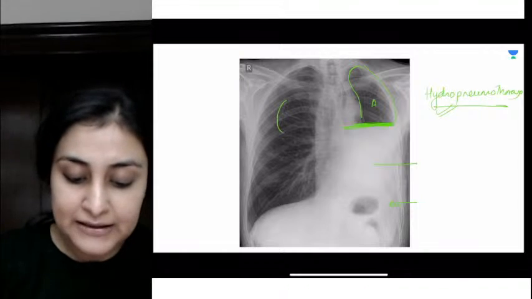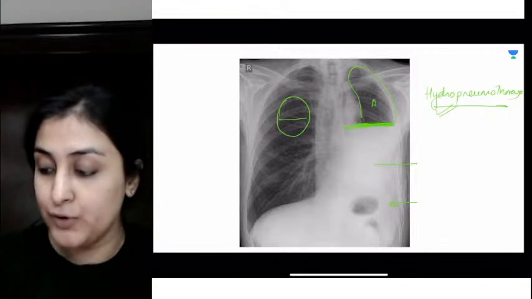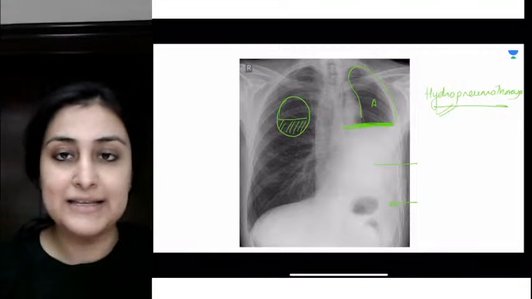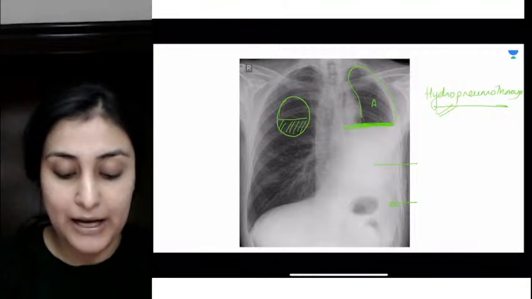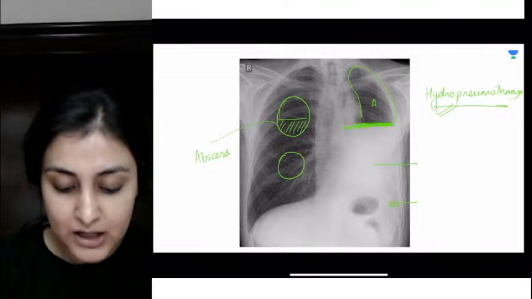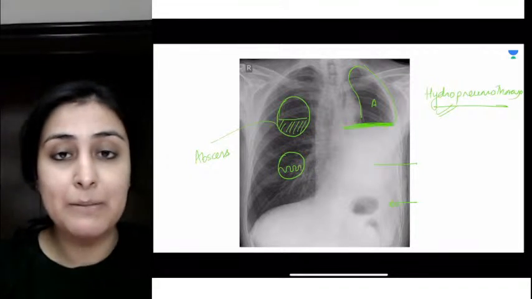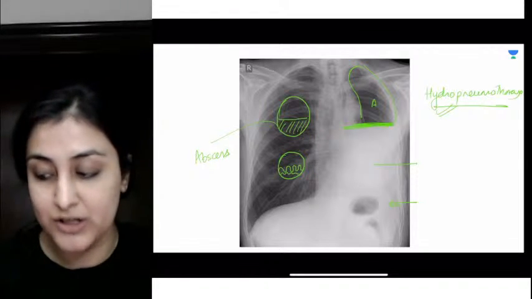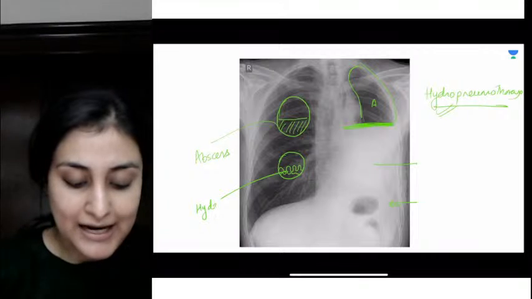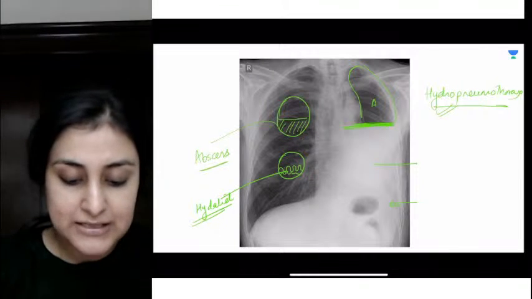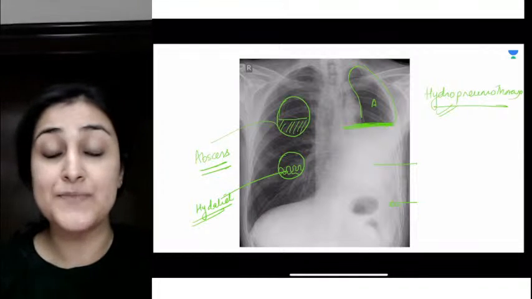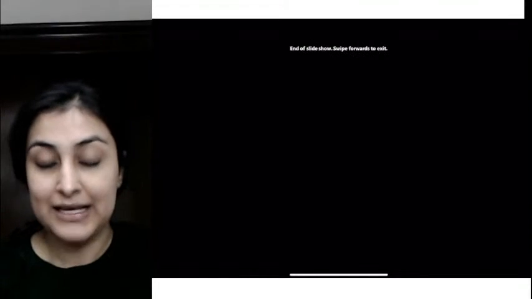If I see within the lung there is a round lesion with an air fluid level, what will you call it? It won't be oblong like this. It won't be occupying the entire pleura. That would be our abscess. With the same air fluid level, if I put crumpled membranes in, it is not a horizontal air fluid level, it's like this. Then what does it become? It becomes hydatid, right? So are all of these differential diagnoses of air fluid level clear to us? Hydropneumothorax, abscess, hydatid, all independent questions in themselves.